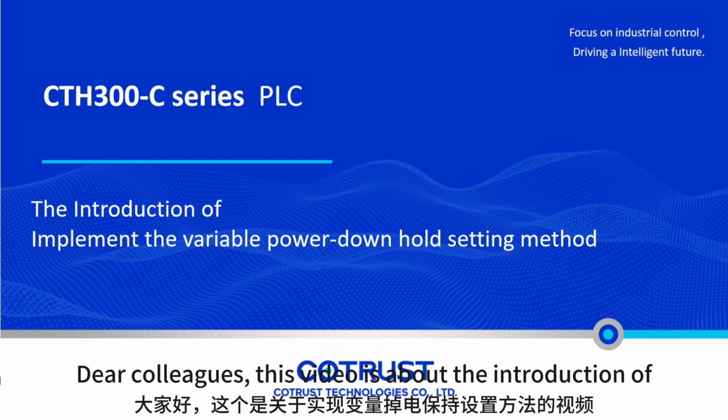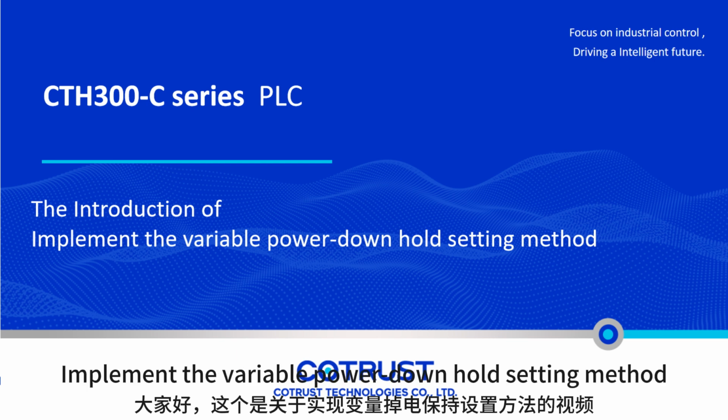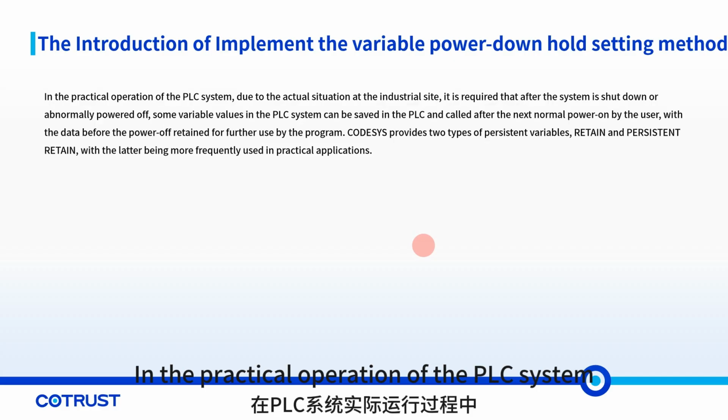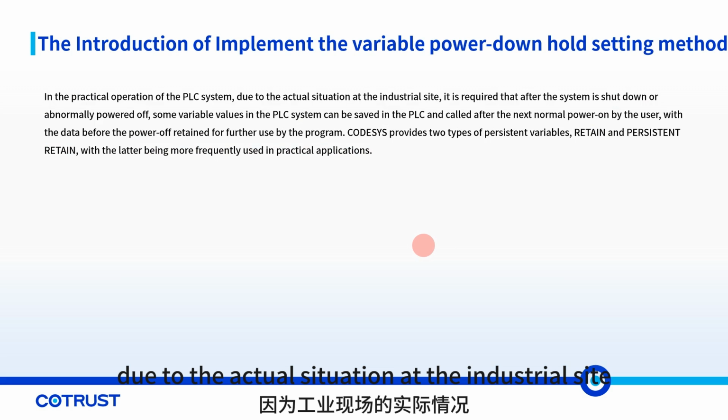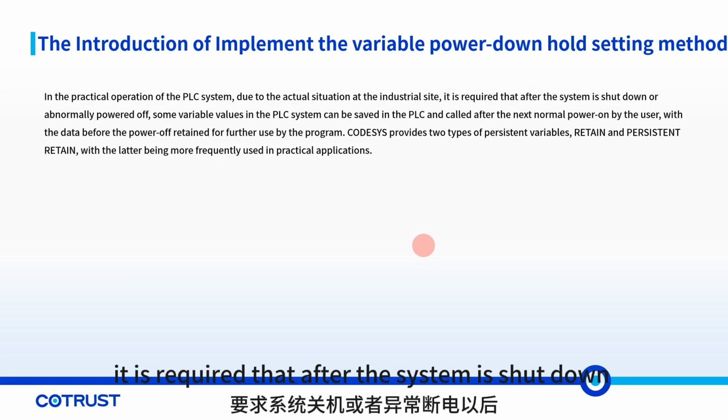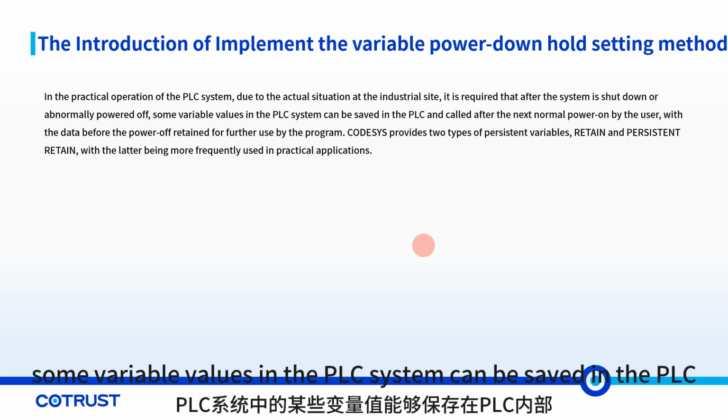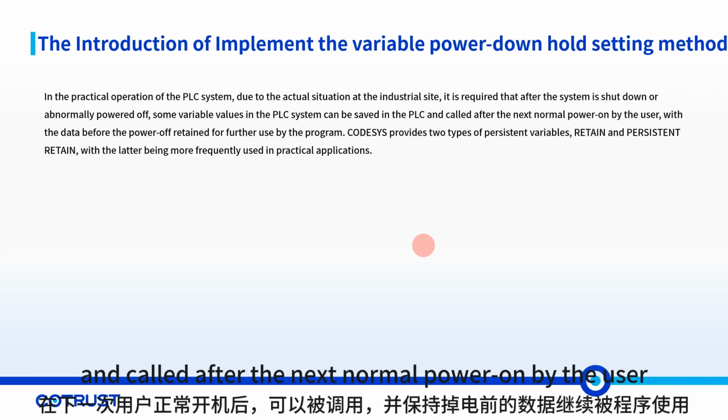Dear colleagues, this video is about introducing how to implement the variable power down hold setting method in the practical operation of the PLC system. Due to the actual situation at the industrial site, it is required that after the system is shut down or abnormally powered off, some variable values in the PLC system can be saved in the PLC and called after the next normal power on by the user, with the data before the power off returned for further use by the